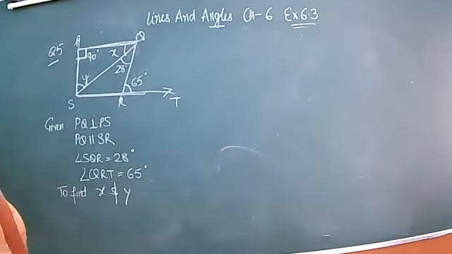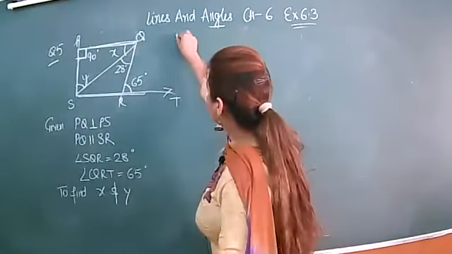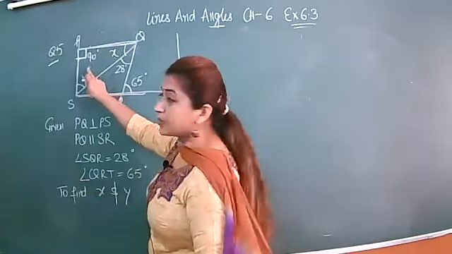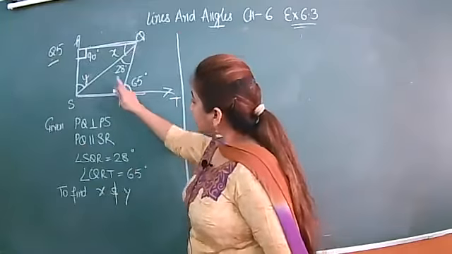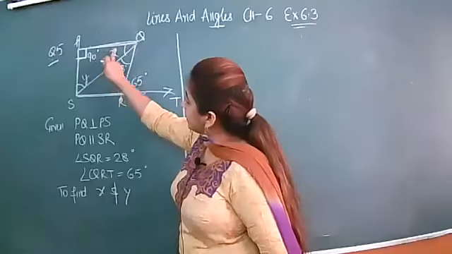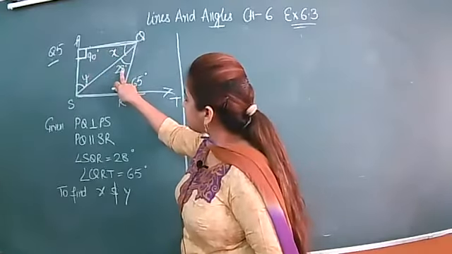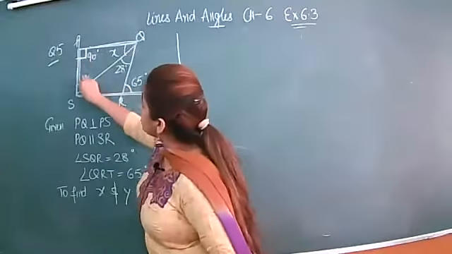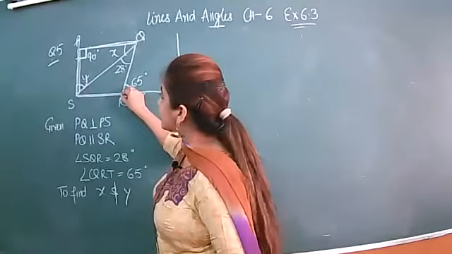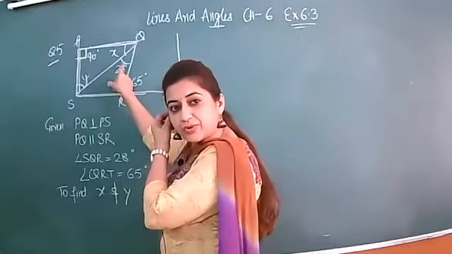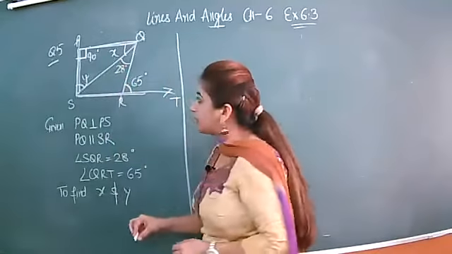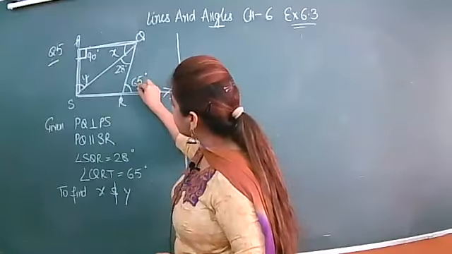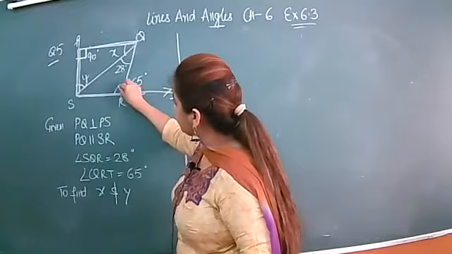Now, what you will do, you will use this given concept and you will find the missing angles X and Y. Look here, beta. This angle is 90, X, Y, and 28 is given. Actually, you can't take Y as 28 because these two lines are not parallel. If these two lines are parallel, then you can say that Y is equal to 28, but that's not applicable here. How you will find, as you can see that this is 65, you can find this angle.